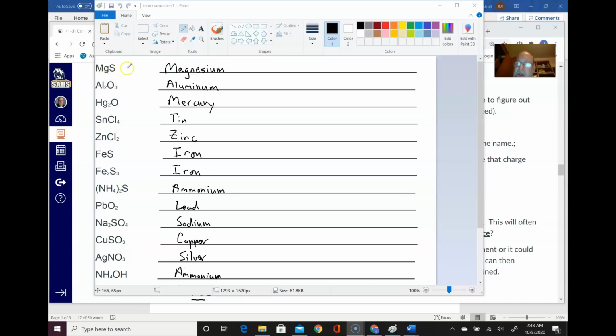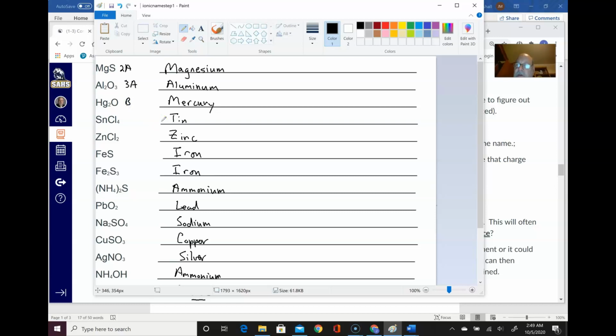Magnesium is in an A column, and you don't need to write this down, but I'm just going to put it here. Magnesium is in 2A. Aluminum is in 3A. So I don't need to do anything with those. But mercury is a transition metal. Okay, so it's in a B column,